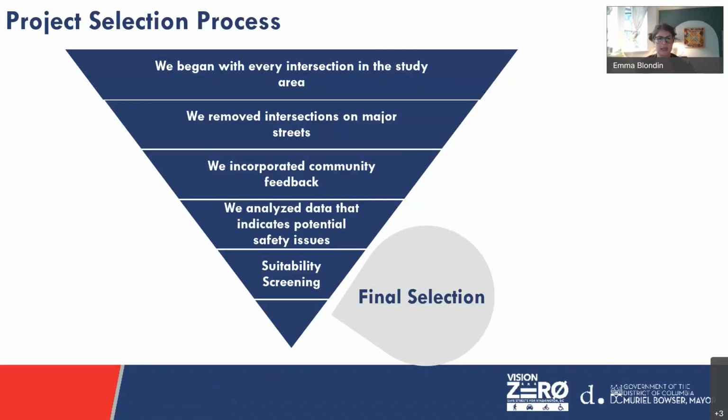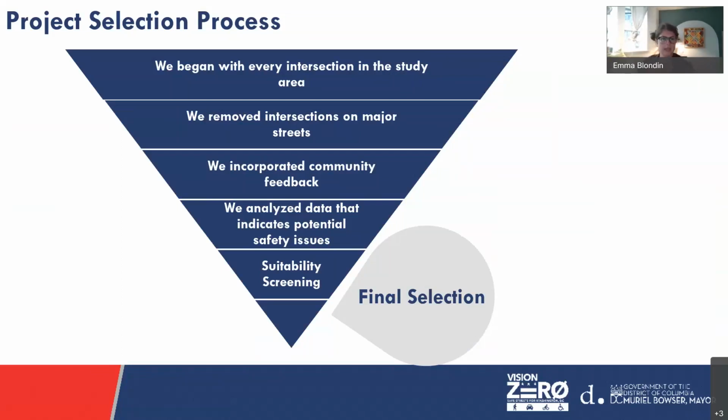And so the project selection process, again, if you would like more detail, refer back to public meeting number 2, but this is how we selected the intersections that we moved forward with. We began with every intersection in the study area. It's about 400 intersections. We removed ones in locations where either DDOT is already working on a project, or in locations where these tactical tools that we're able to implement with are not practical or could not address the safety issues in those locations. After that, we incorporated community feedback, which includes ANC resolutions. It includes past Vision Zero concerns, TSA requests,